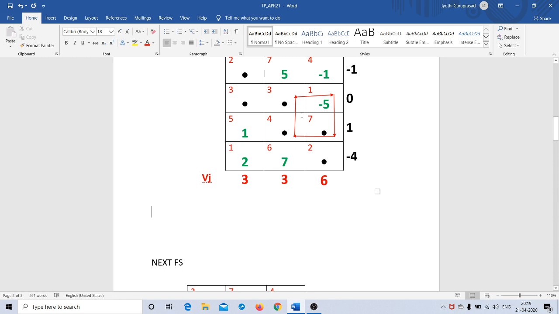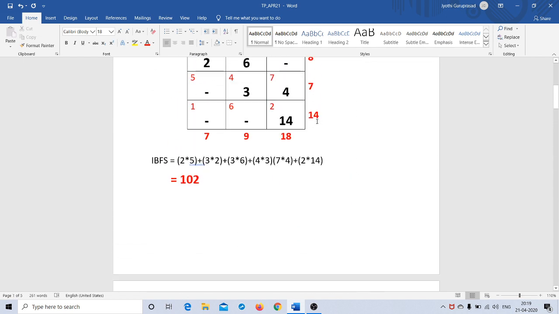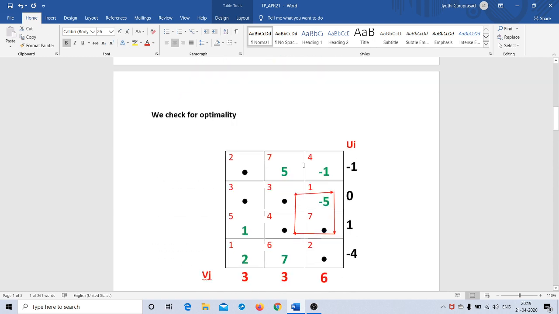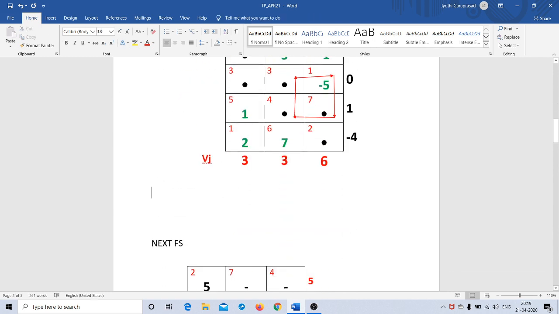Now the cells where you have minus theta, one is this one and another one is this one, right? If you look back at your allocation in the previous step, this is one cell where theta is marked negative, the allocation is 4, and this is another cell where theta is marked negative, where the allocation is 6. Out of these two, the minimum is 4, so my theta will be the minimum of 4 comma 6, which is equal to 4.